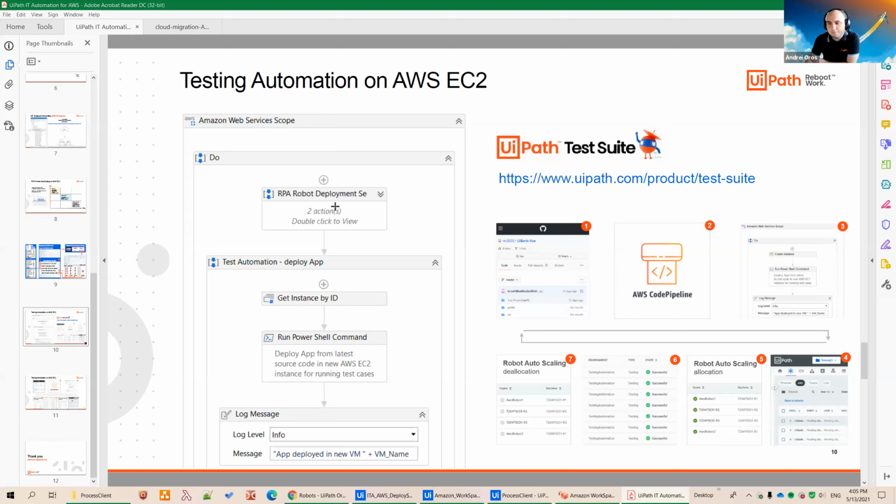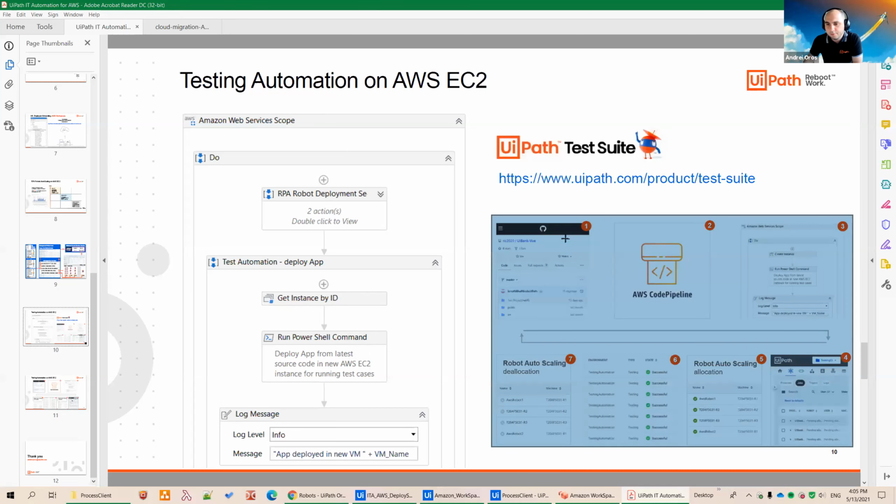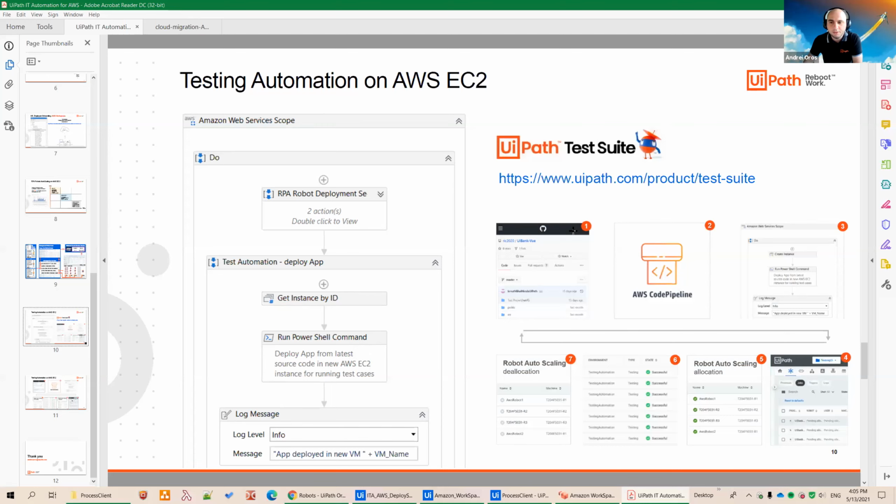And you can also do RPA robots deployment. And we can take things even further. So yeah, in a pipeline, you start from the source code. Step one, you have a commit, right, with new unit tests, new code. As part of the pipeline, you're running at step 3 the